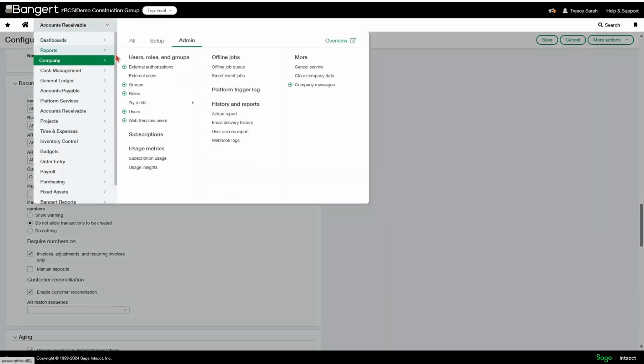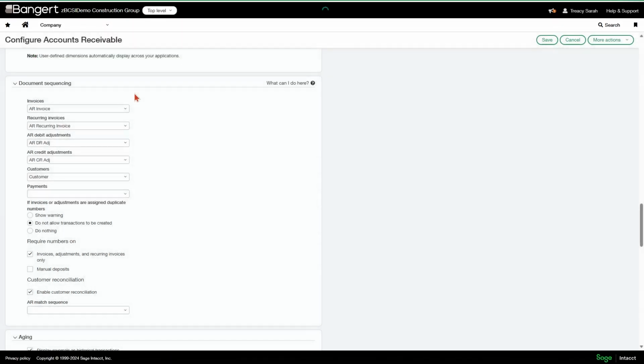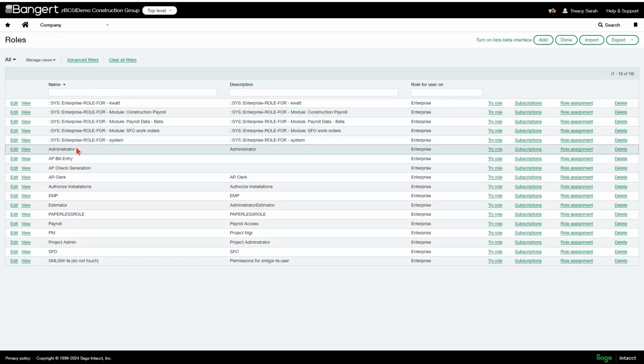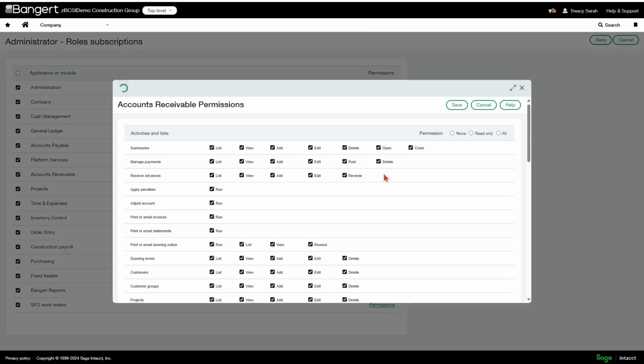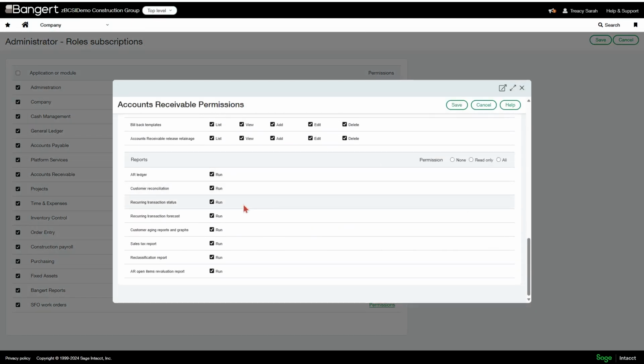Go to company, admin, roles. For your role or whatever role needs access to this report, click subscriptions, go to AR permissions. Down in the report section, you want to click run beside customer reconciliation.